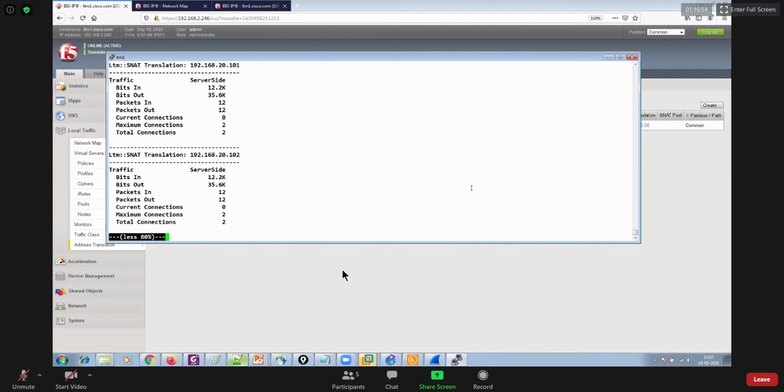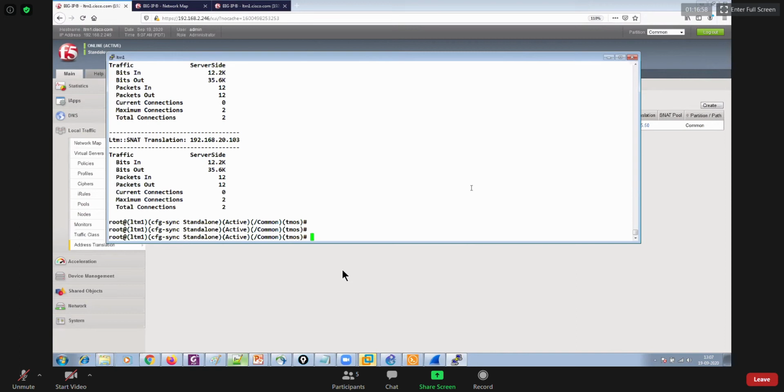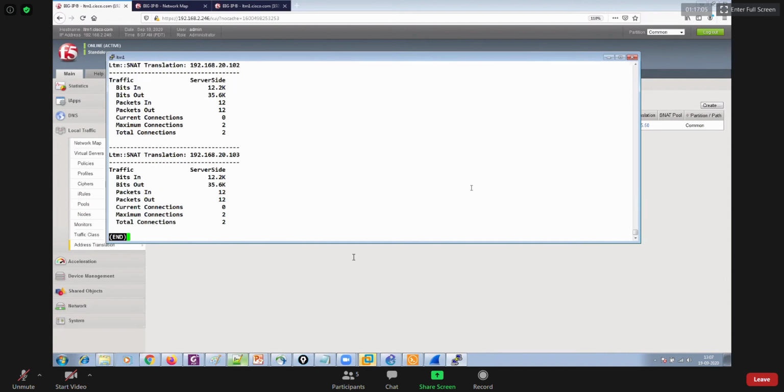Or you could say SNAT translation as well, right? So this is how you could look for it using the CLI.